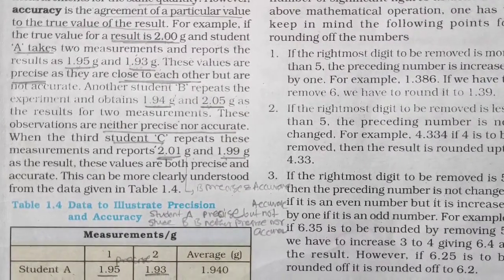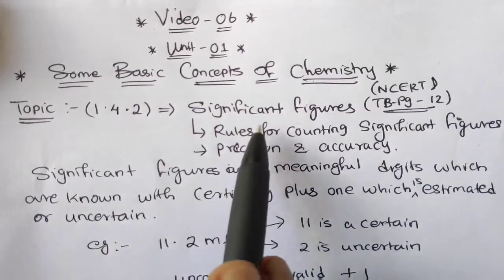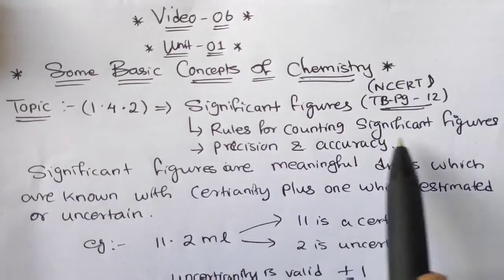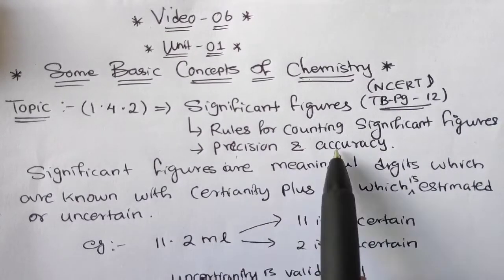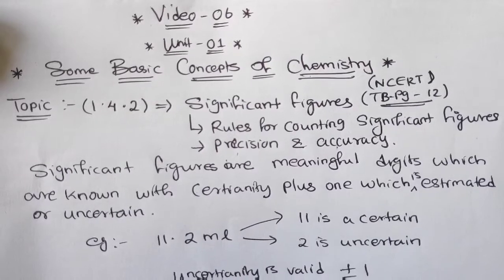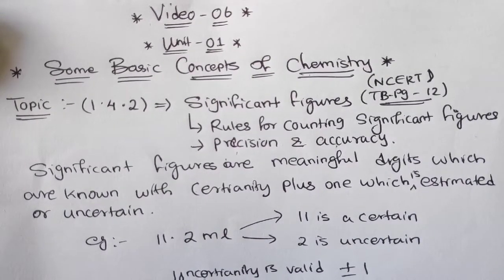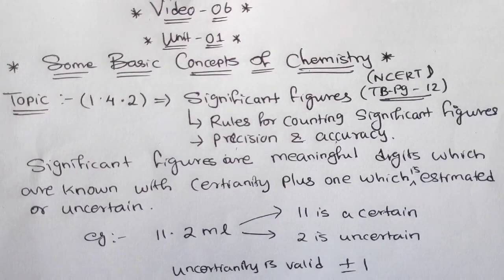Now the next part. So now in this video we have discussed significant figures, rules for counting significant figures, and precision and accuracy. These are all the things we have discussed in this video. Now the next part is rounding of numbers. Rounding of numbers you must have studied in lower classes, but certain things are given in your textbook, which we will go through. Okay, the next part, see.